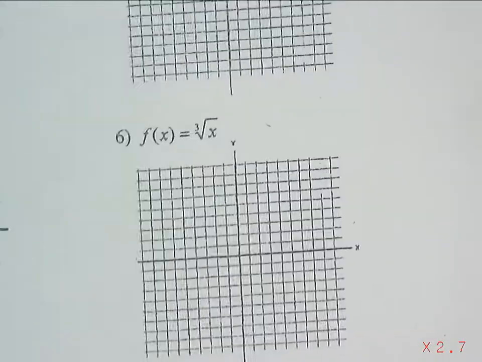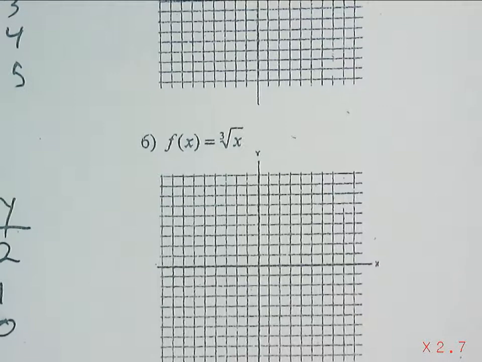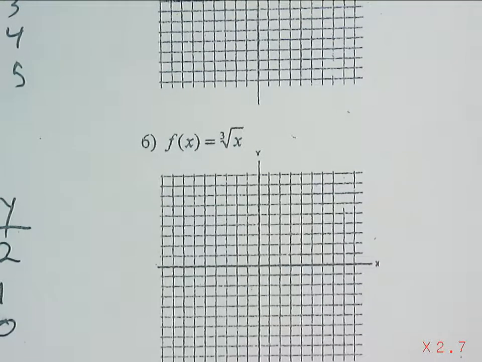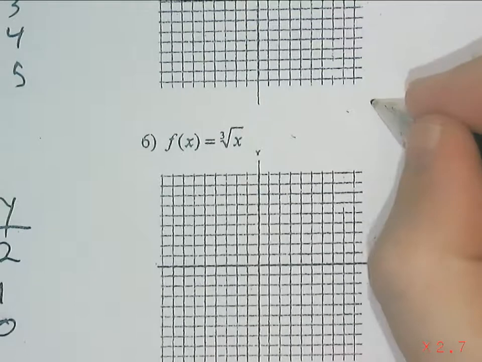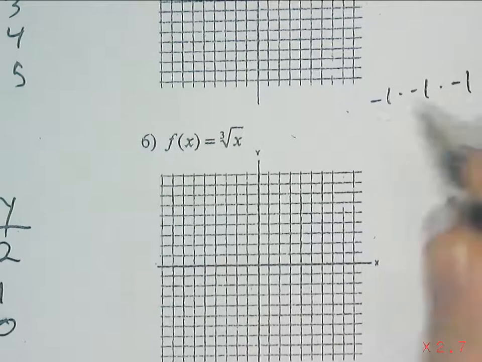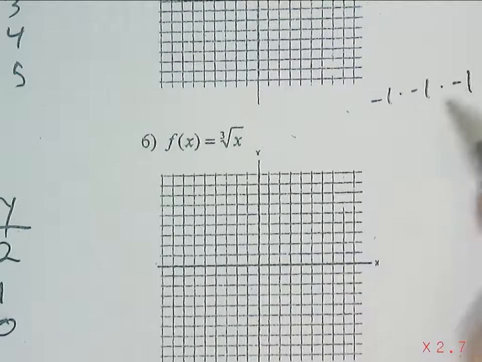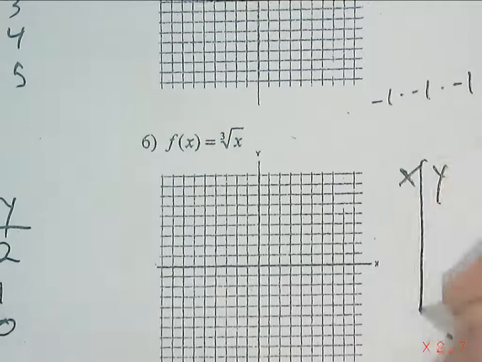Let's look at a cube root. So, cube roots, can we have negatives with cube roots? Well, let's think about that. Let's do negative 1. If I have negative 1, and I multiply negative 1 by itself 3 times, negative 1 times negative 1 would be positive 1, times negative 1 would be negative 1. That works, right? I can have a negative cube root, which means our graphs are going to look slightly different,